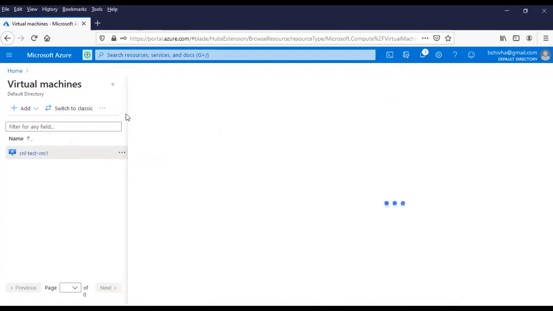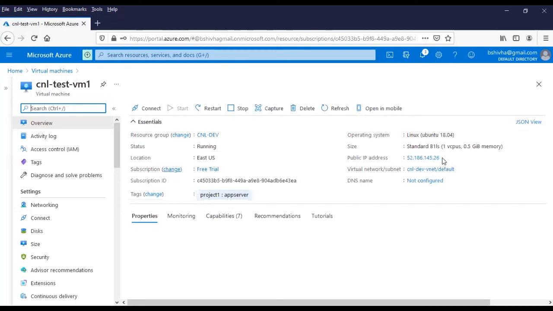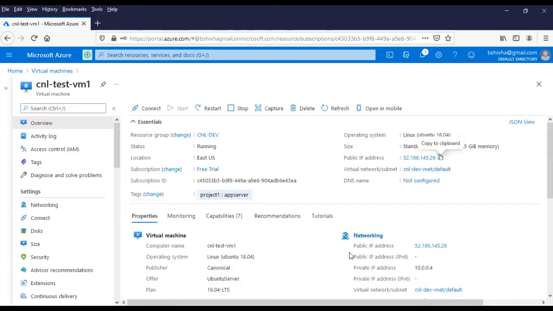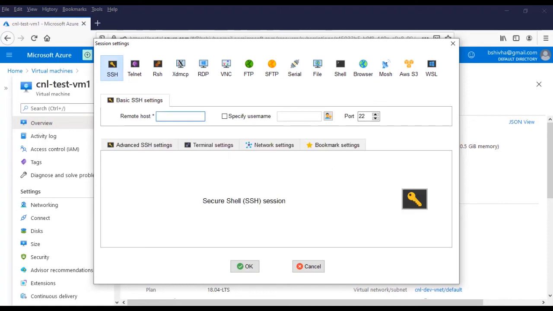Go inside and minimize this left side. So you got the public address. Copy that public address. As I said, MobaXterm is a very good tool. You can download it from the internet. It's free. You just select SSH. I am giving the address. What is the username we gave? I give the username, say OK.